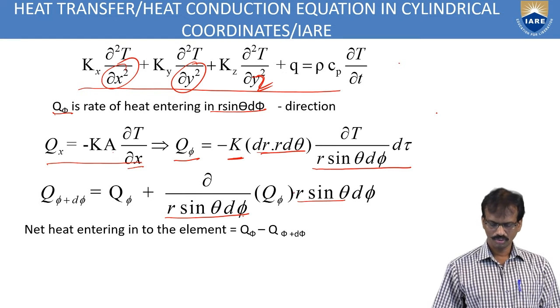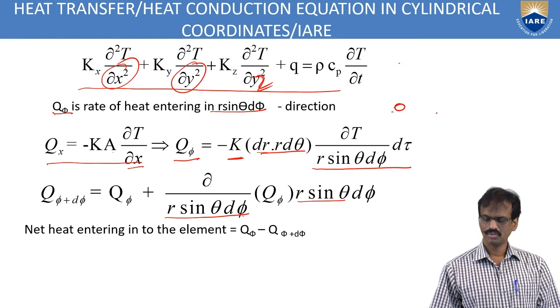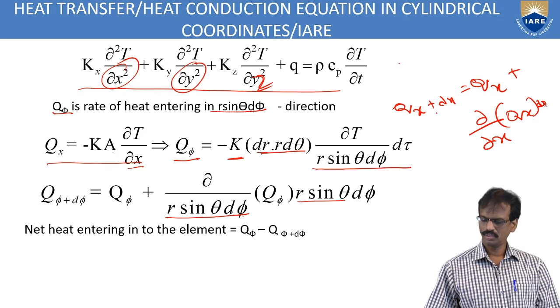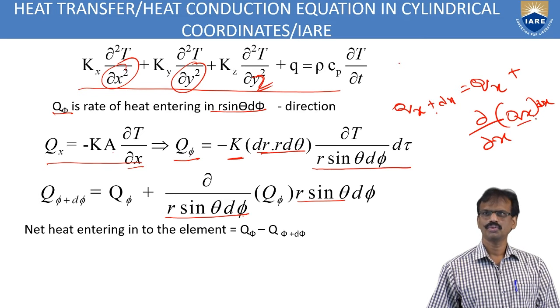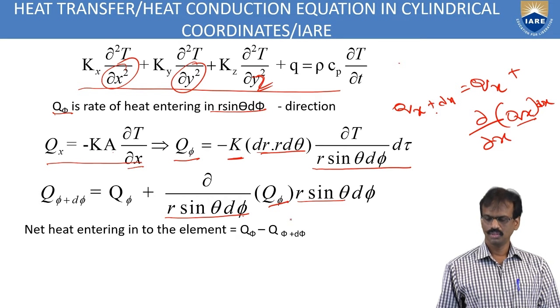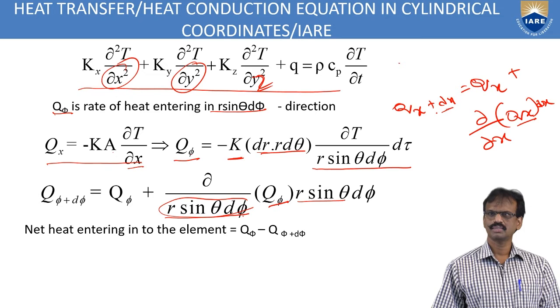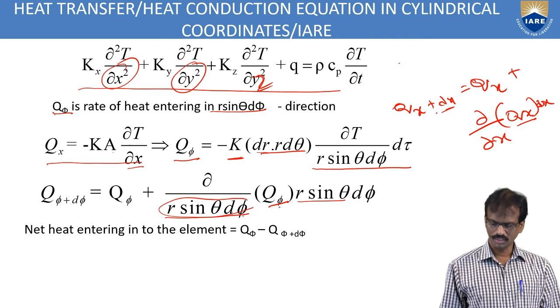So just like you know that formula. According to the first equation, q x plus dx is equal to qx plus dou by dou x of qx into dx. In the similar way, qx means q pi. So pi with respect to x means this surface is equal to r sin theta d pi. So it shows dx. Okay, in the similar way, how to write it. So q pi.